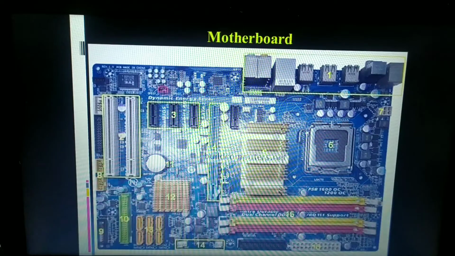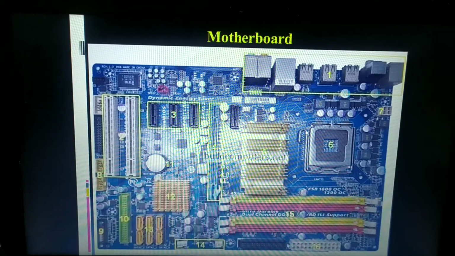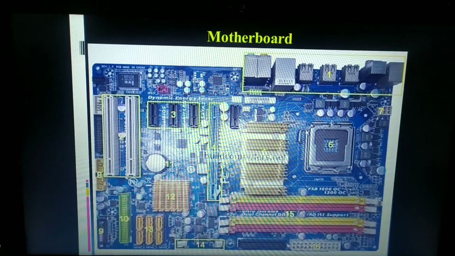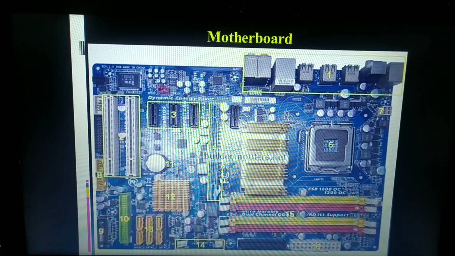So in this video, let us continue with our previous chapter, that is the typical configuration of computer system. In the previous video we completed certain terminologies: computer, users, hardware, software, and the review block diagram of computer. In this video, let us move on to the further topic, that is the motherboard.